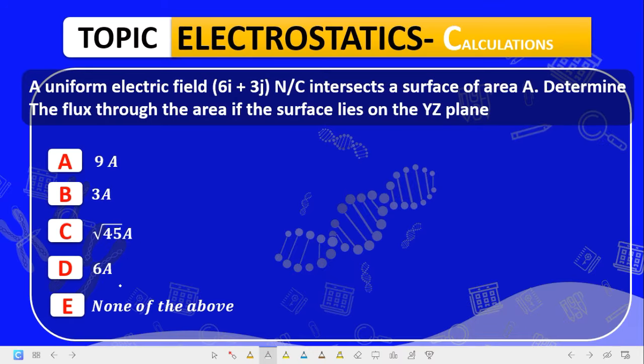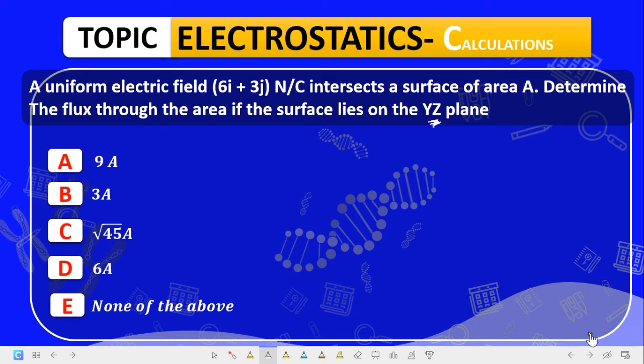Now, you are given this question initially, but then we made a mistake. Make sure that you actually see this question first. A uniform electric field, there was an omission here. Here I put X and Y. Are we getting it? So that you do not go and do the wrong thing. X and Y, and I solved with X and Y. If they say Y Z, it's a different thing entirely.